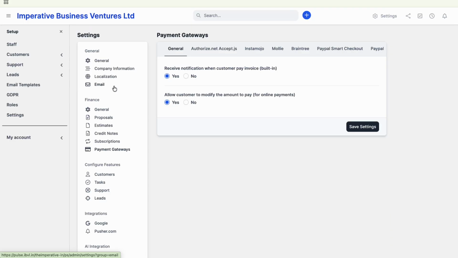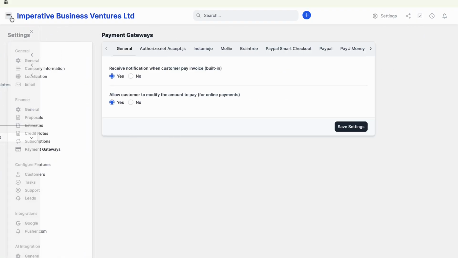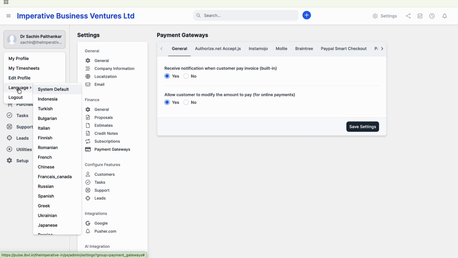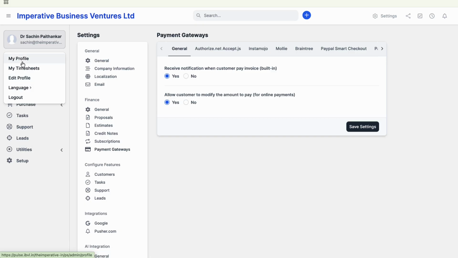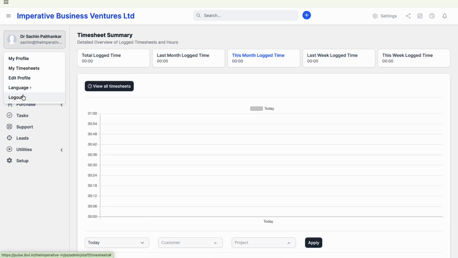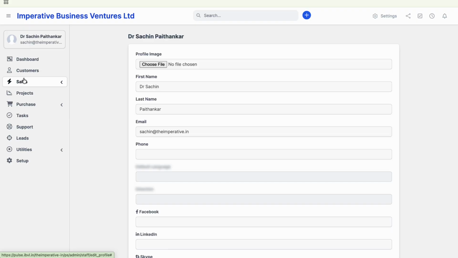Customers and every integration can be customized, and we will help you with the customization. Inside the account, you also will be able to change details, and there are a lot of languages that are supported. In my timesheet, you will be able to see the deadlines and the timelines of the projects and the tasks available, and you also will be able to edit the profile.